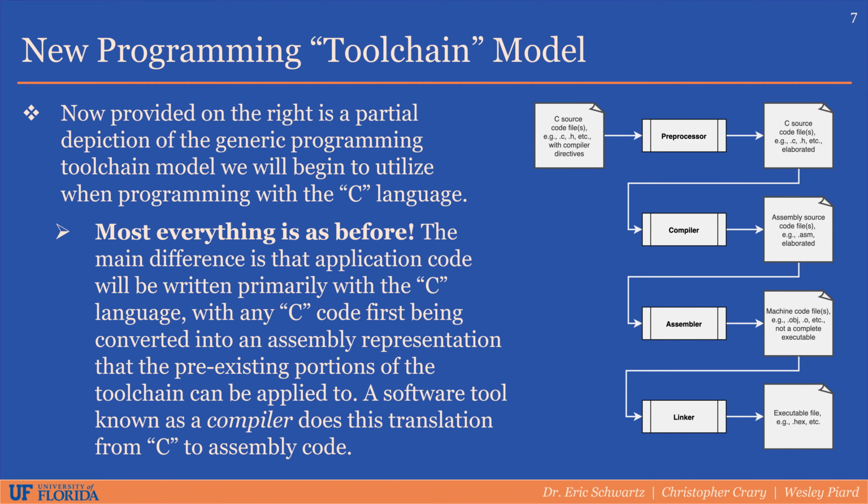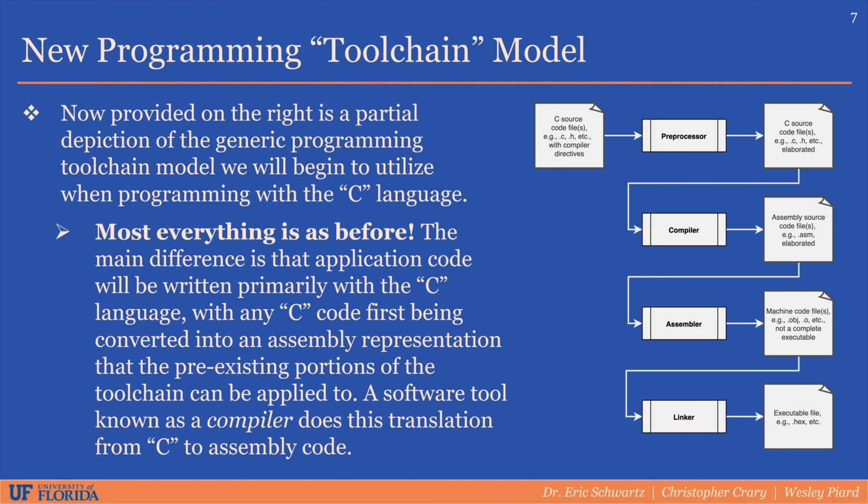most everything is going to be as it was before. Now, the main difference, the primary difference, is that our application code is going to be written with the C programming language. We're going to have this more abstract manner for describing our application in terms of code, but at the end of the day, we still want our microprocessor to be able to interpret machine code that is representative of our application code now described with the C programming language. So we need some way of translating C code to machine code, and we could maybe imagine that we could have a tool that directly translates from C code to machine code, but it will actually make more sense if we